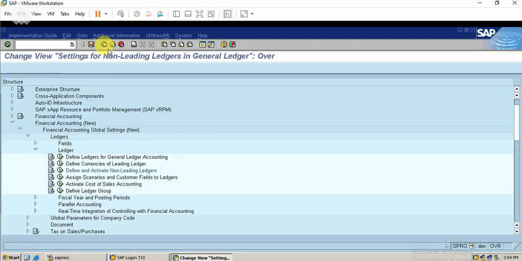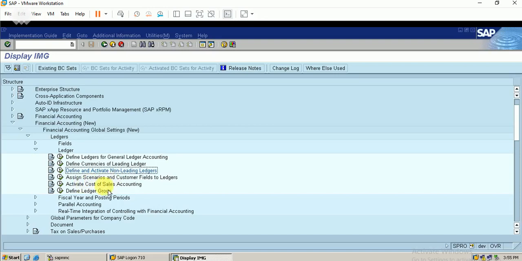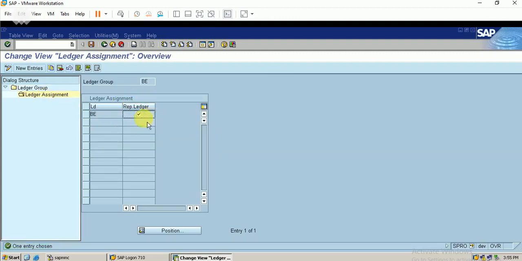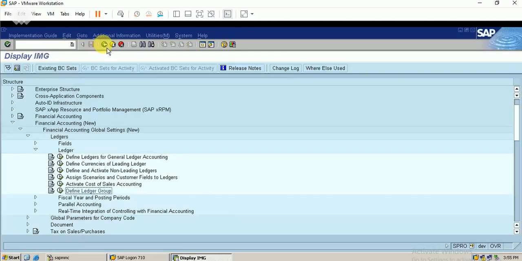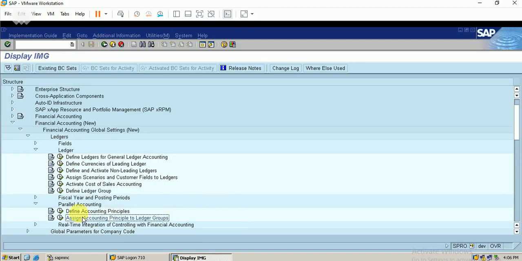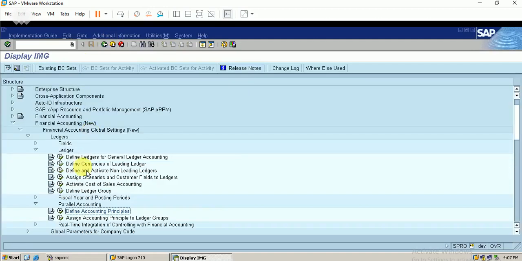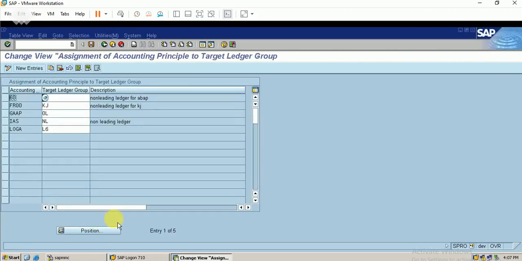Just moving back. Let me move on to define ledger group. You can see the non-leading ledger for BRP. Just select it and double click on ledger assignment. Just move back. As I said, there are different accounting principles available, so we can make use of them. I assign an accounting principle to my non-leading ledger.